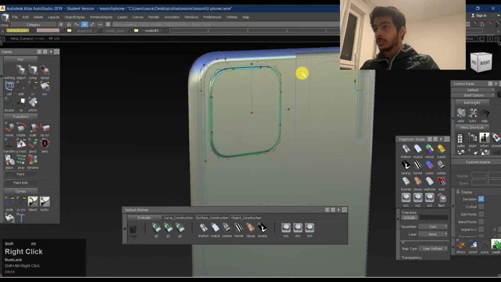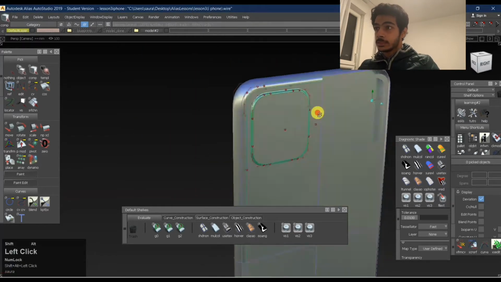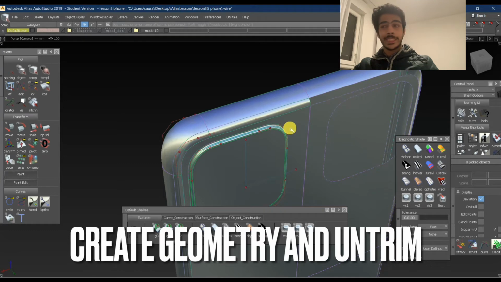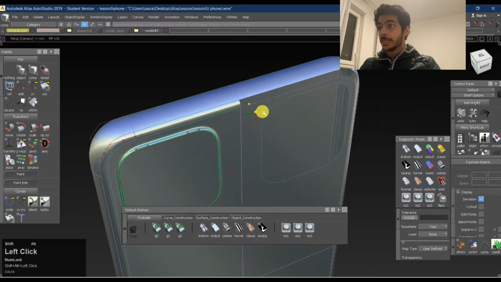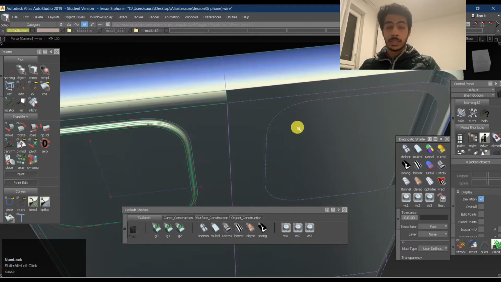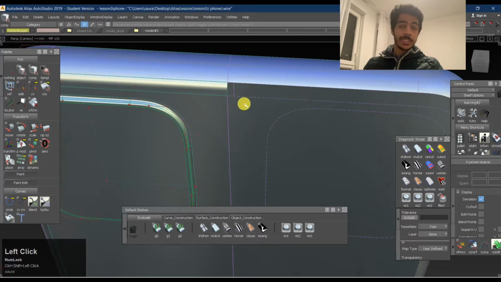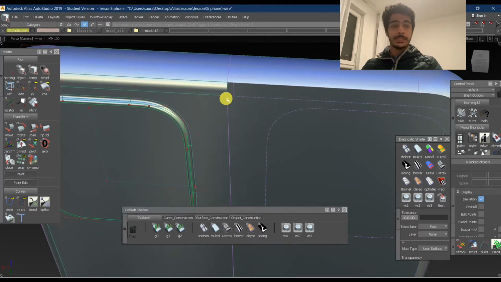Since we need these objects, we need to untrim this, right? So there are two options. First we saw trim, and next we are talking about untrim. Trim is to cut objects, and untrim is to restore those objects which have already been cut. First we'll have to make these into true objects, right? Right now they are just symmetry objects, so you cannot control these, because they are being controlled by the object on the left, on the left hand side of the axis. So to control the left and right hand sides of the axis, you need to first split them apart. You need to remove the layer symmetry, keeping the geometry intact.